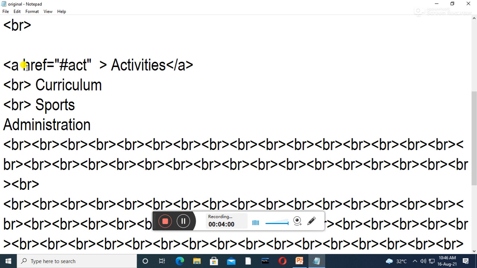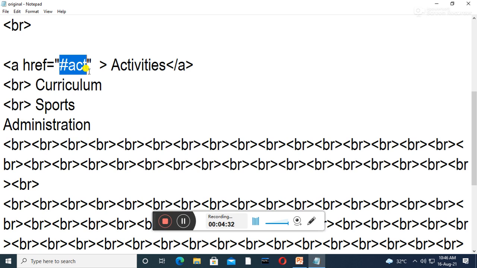In external linking, I have already shown you href, where you write the hyperlink reference and the linking word, and then your link is created. Now I am going to explain internal linking. In internal linking, write href and hash act, which I have written just as an example. The hash act is the name or label.